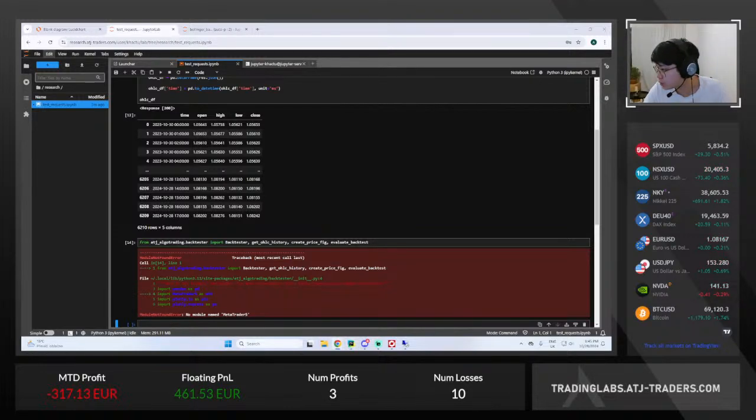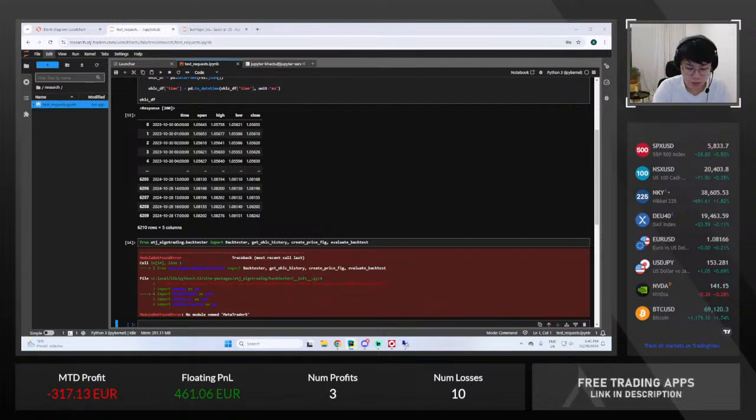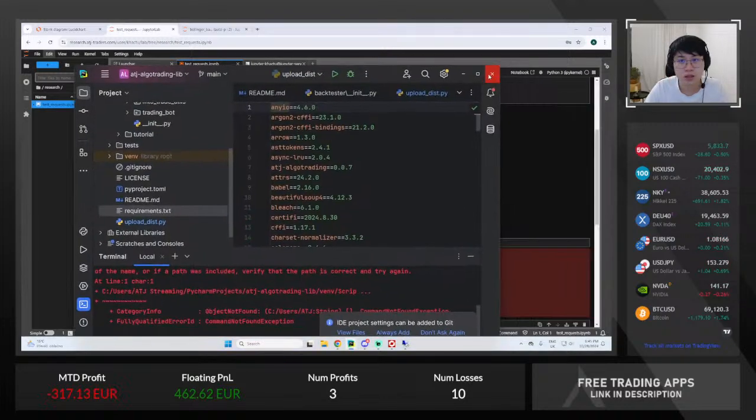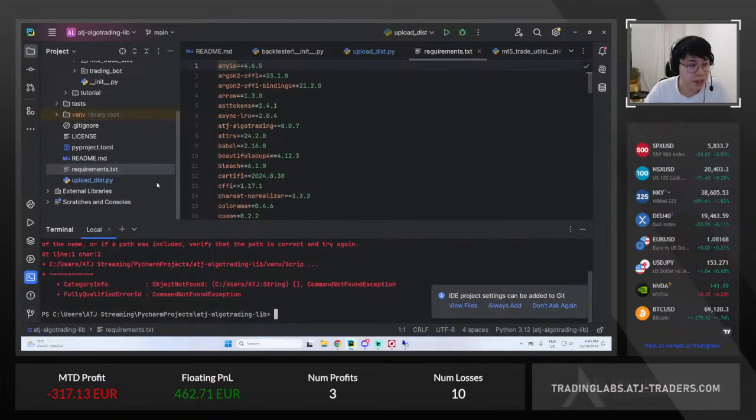Well, I'm still working on it. Oh, now I can actually share the code with you guys because I've just updated my API token. So, by the way, now that we're talking about